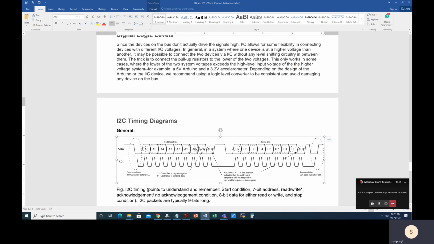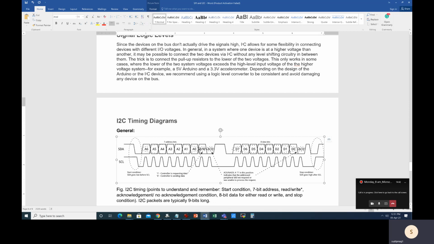So whichever peripheral matches its own address with this particular 7-bit address will become enabled for subsequent data transmission, whether read or write. But if the address doesn't match, they will simply go into a hibernate state or just off state, and wait for the stop condition. If the address matches whatever the controller is sending, your peripheral will be activated.